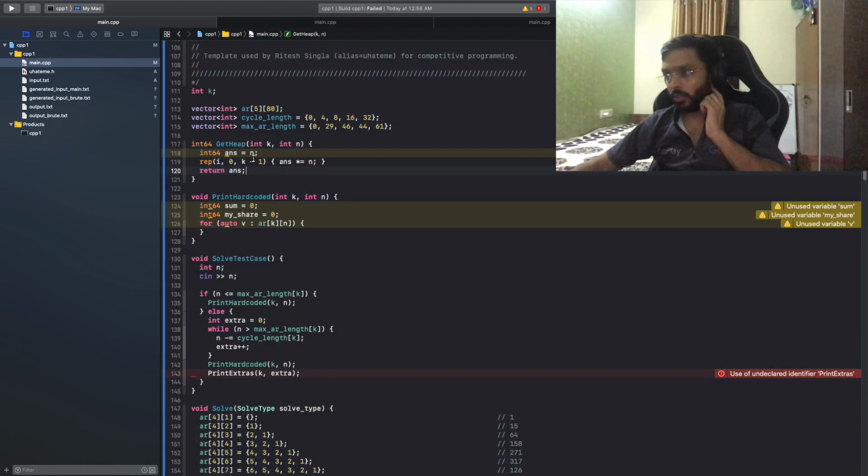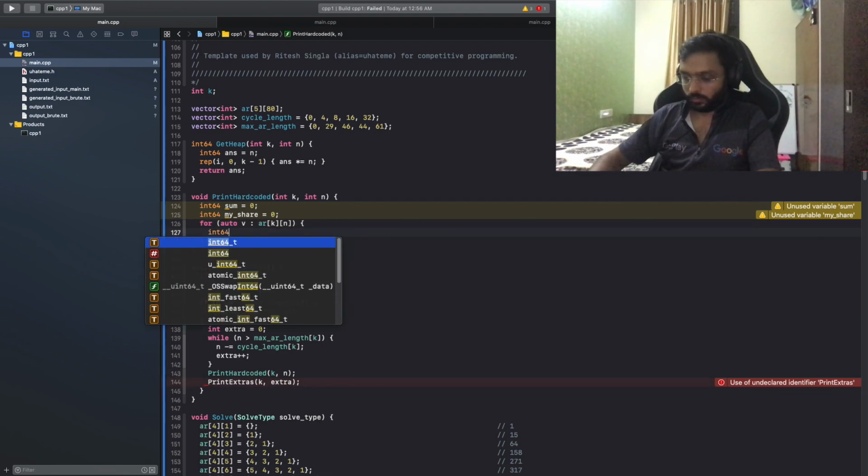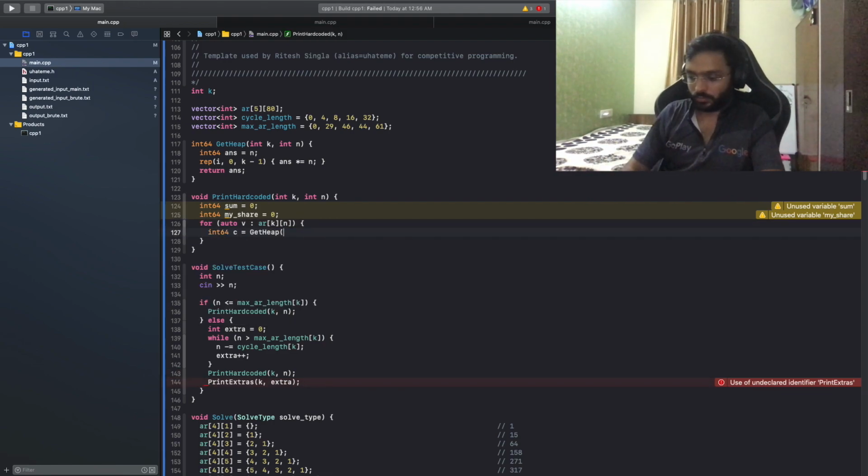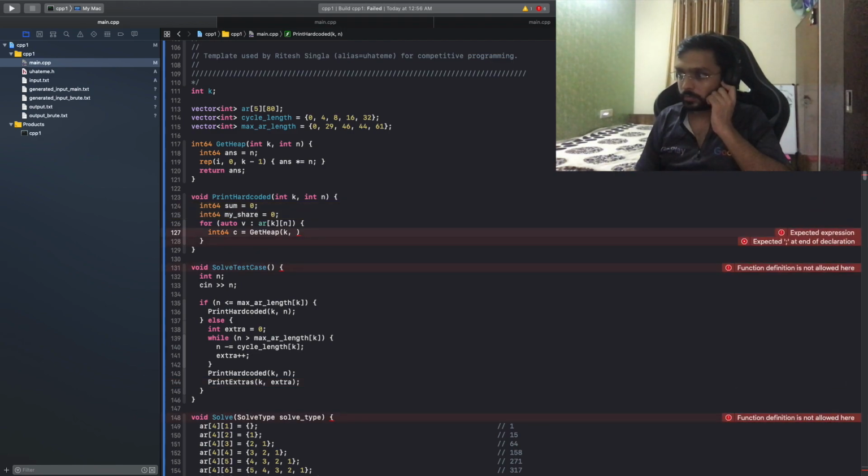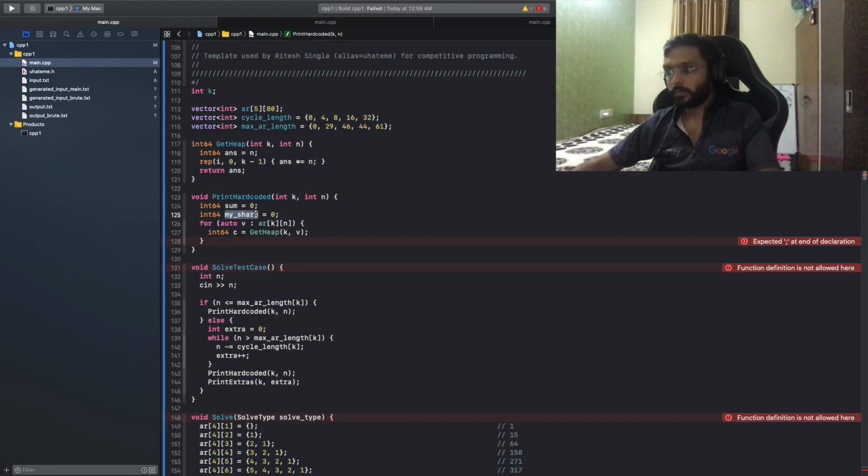So for k equal to 1, the answer will be just n. For k equal to 2, it will be n square, n cube, and so on. So my share is this.